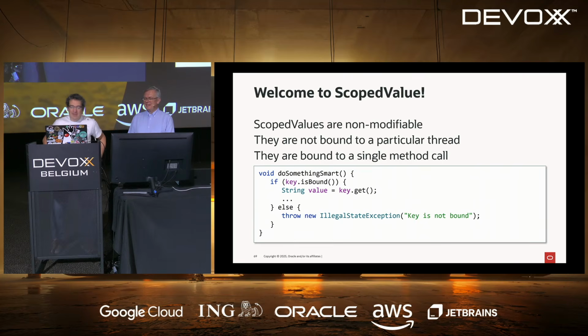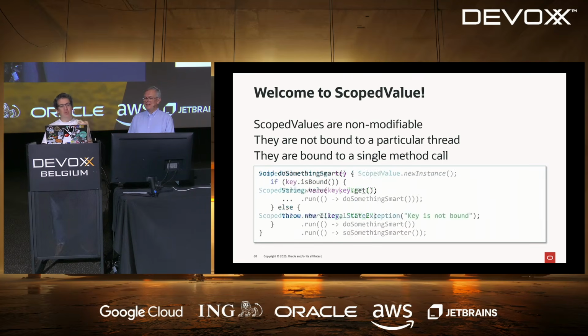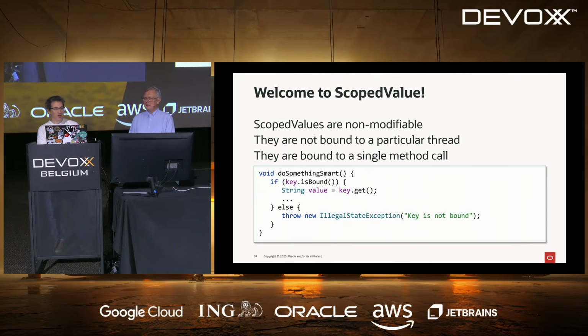So inside the method do something smart, if you want to get the value from the scope value, you can ask if there is a value associated. This is the method isBound, and you can get the value by using get. Technically, if you call get and the key is not bound, you will get an exception.